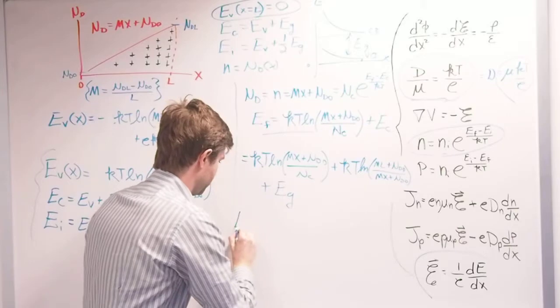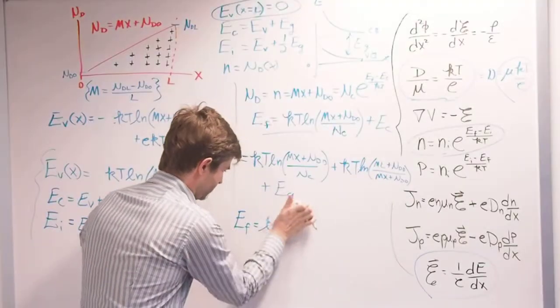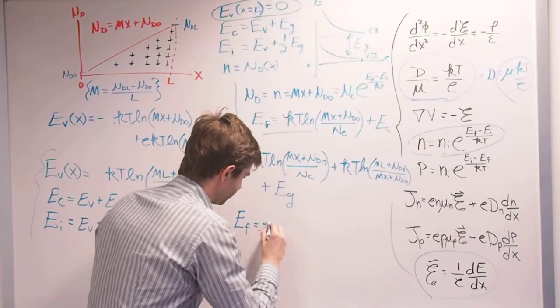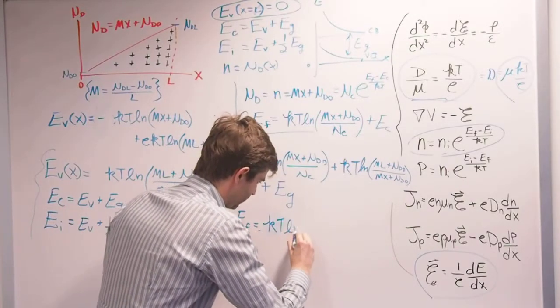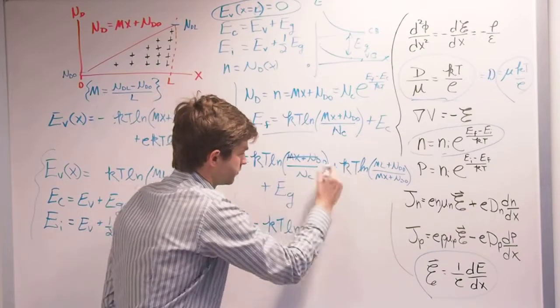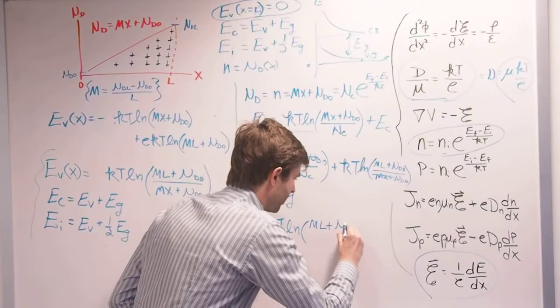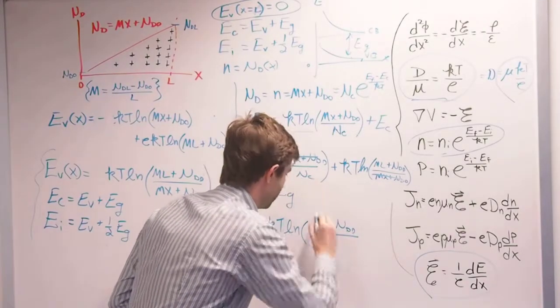So what do we get here? E_F is equal to kT natural log, and when we put these two together, that cancels out. I get (m L plus N_D0) over N_C